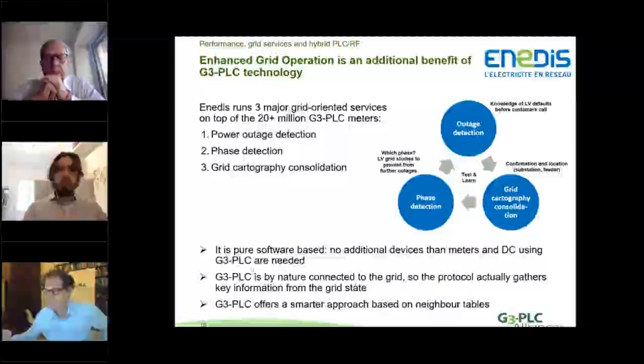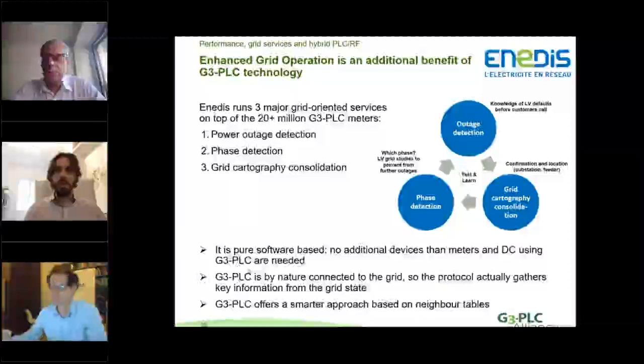So thanks to the nature of PLC that are using electrical lines for signal propagation, you get a lot more information than you would get with any other communication technology, right? So here really the key is to do data analysis on what you can also learn from G3-PLC communication data in the different meters and devices. So that's one of the benefits. And on the next slide,